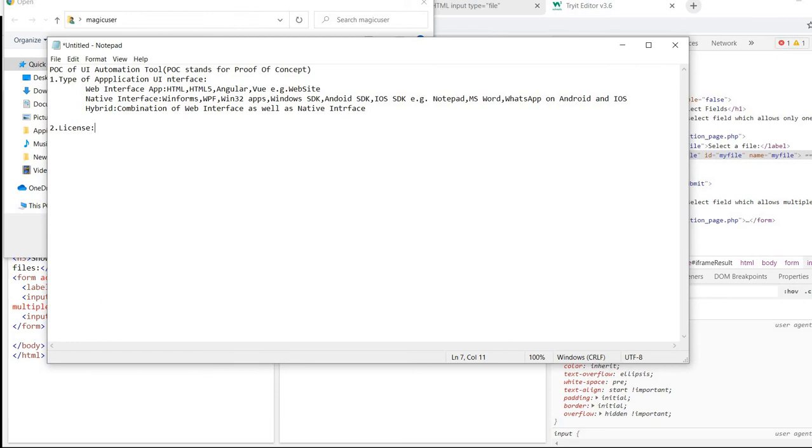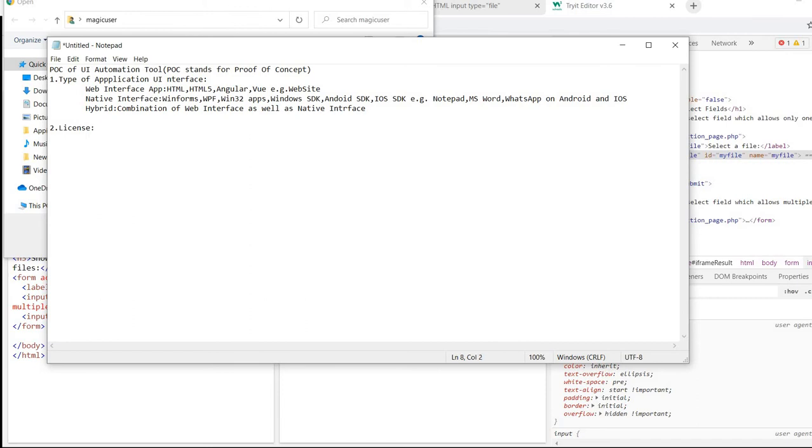Those organizations have a policy not to use any free tool. So it's wrong to assume that every organization wants a free tool. It depends. There are a few organizations that use only licensed applications.